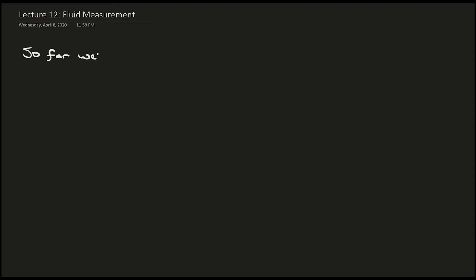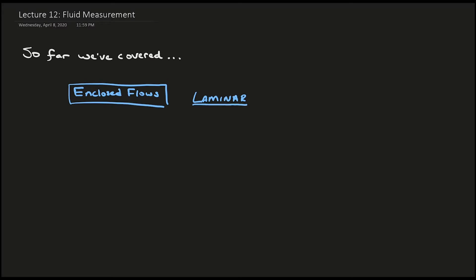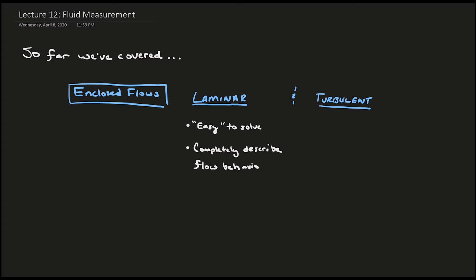Up until this point, we have been exploring everything that is in closed flows, both laminar and turbulent. Laminar flows have been relatively easy to find solutions for with the conservation equations. The equation solutions completely describe the instantaneous flow behavior in space and time. We really only need theory to explain everything, and if measurements are used, they would only be used to confirm